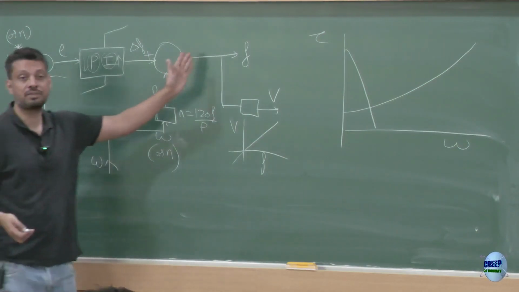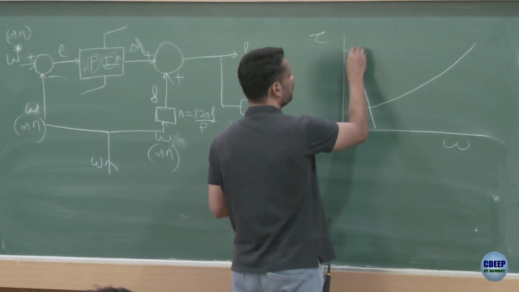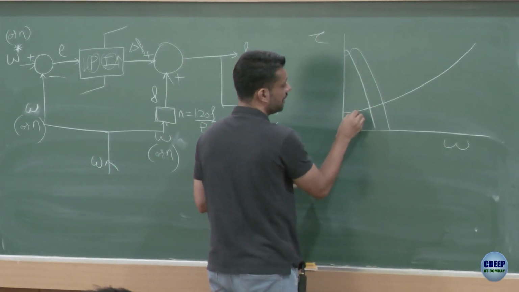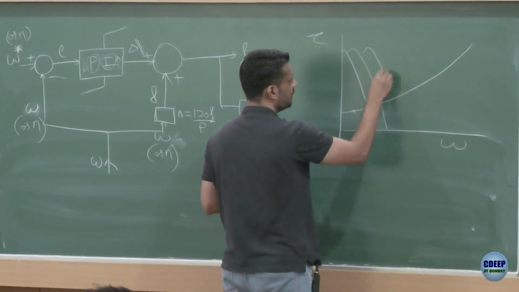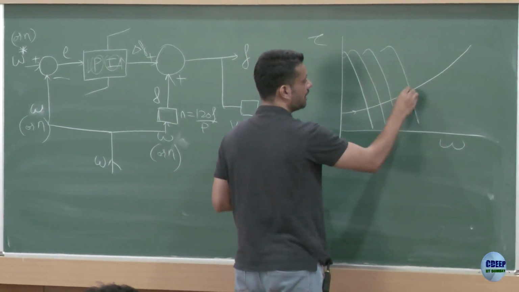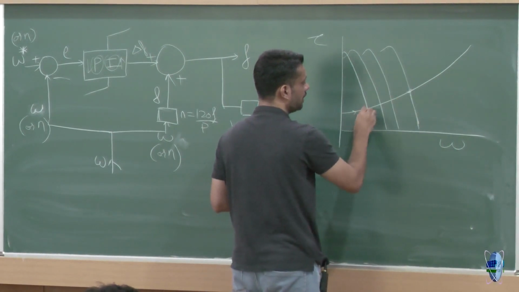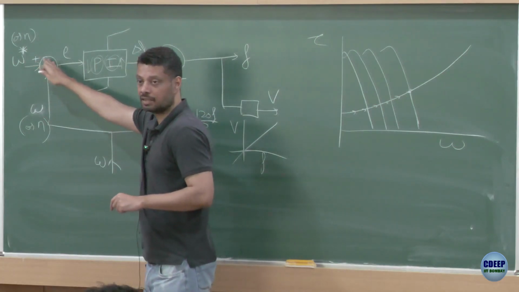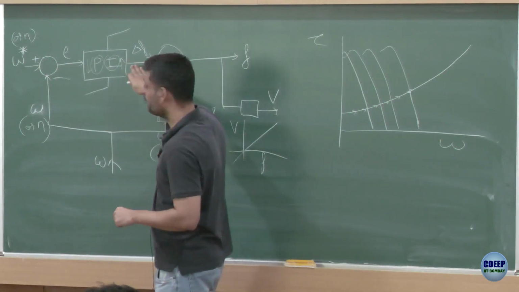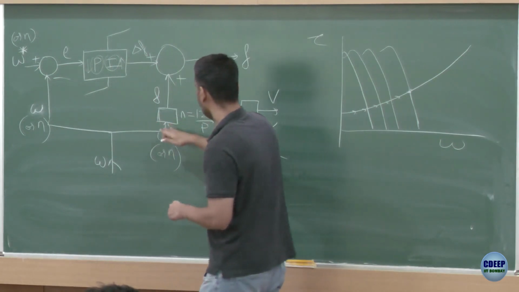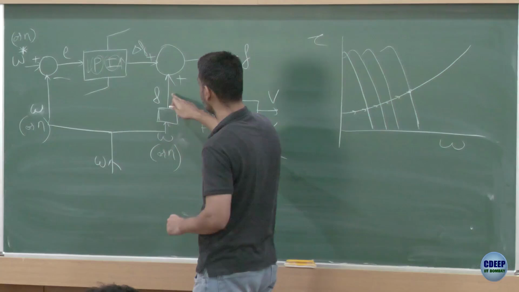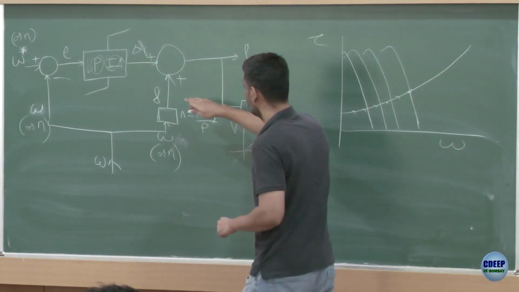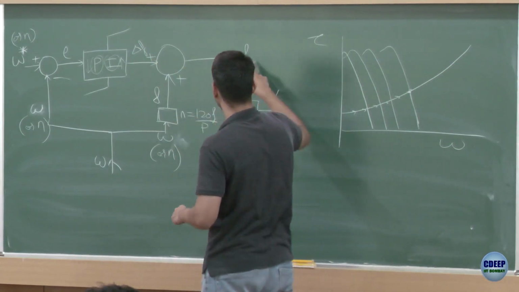So now your frequency goes a little bit further ahead. So now you move here, right? From here you started. As soon as you reached here, you change the frequency, then you again change the frequency, and you keep on doing it till your reference speed is achieved. So you come here, and as soon as this becomes equal to this, the error becomes 0, this remains constant after that, and the system settles to a steady state where this F, which is the actual frequency, plus this delta F